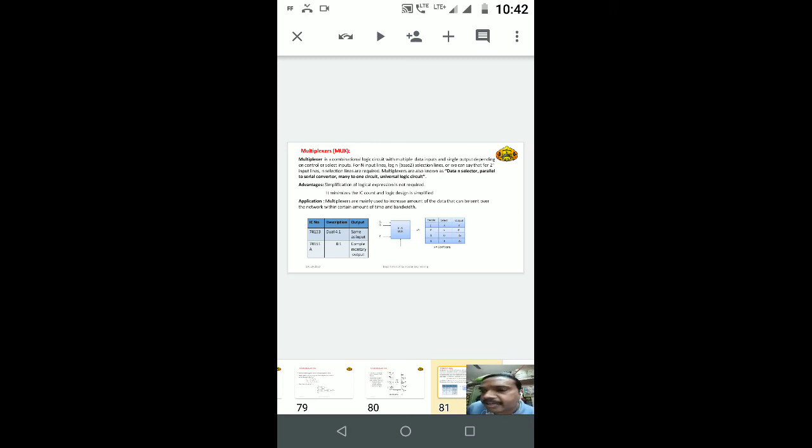And in the first paragraph you see that there are log n selection lines, or we can say 2 raised to n input lines. Suppose 3 select lines, then how many inputs? 2 raised to 3, means there are 8 inputs. Suppose n is equal to 4, then how many input lines? 2 raised to 4, 16 inputs are present. This is the formula for calculating how many input lines are present. So these input lines are selected with the help of the select lines; according to the selection lines, there are the inputs present.